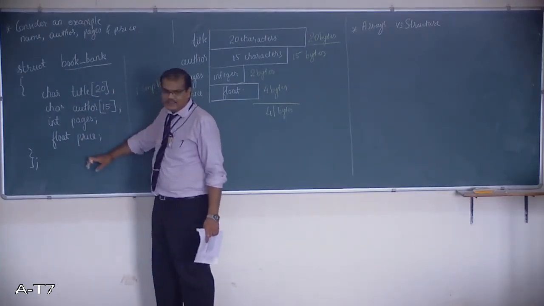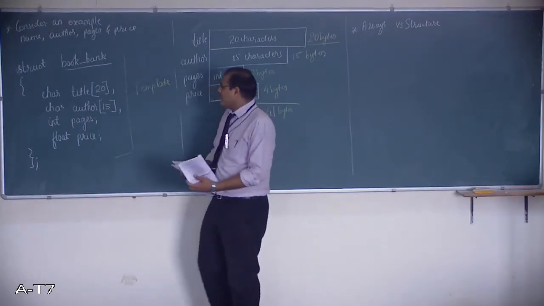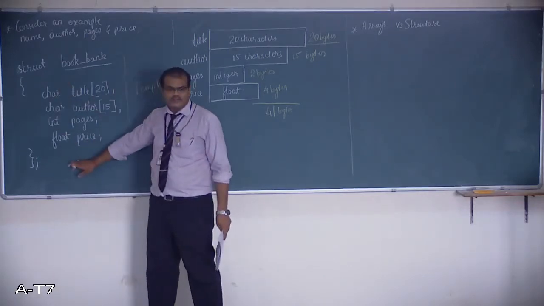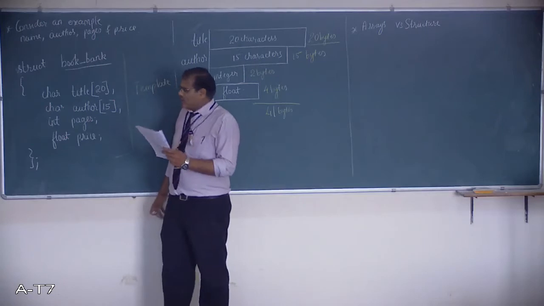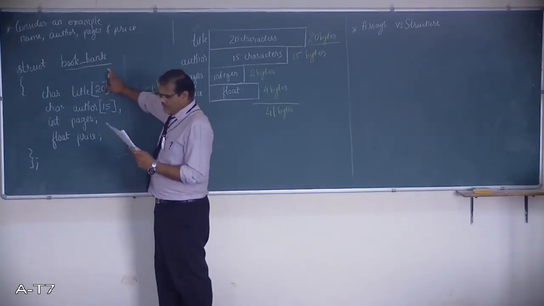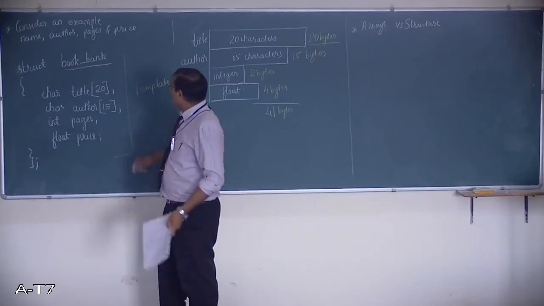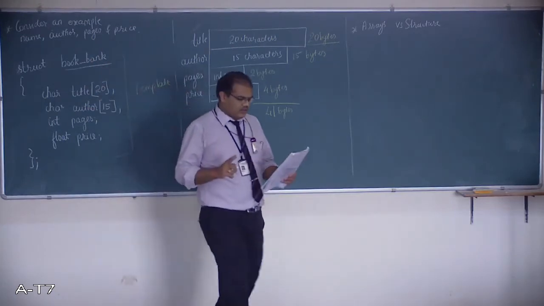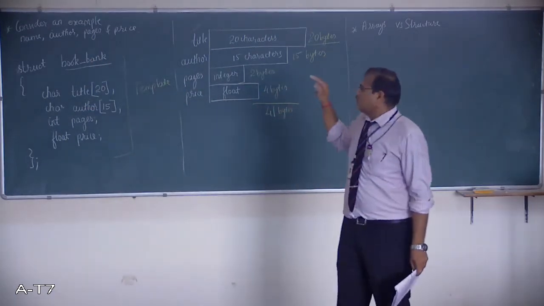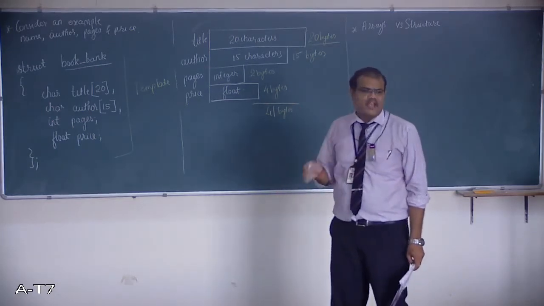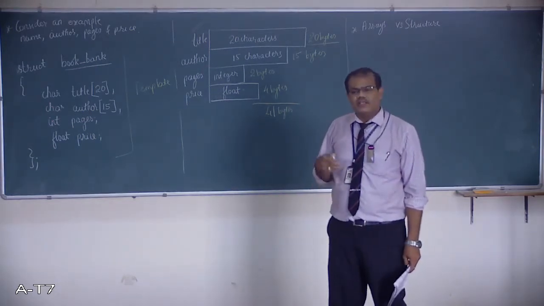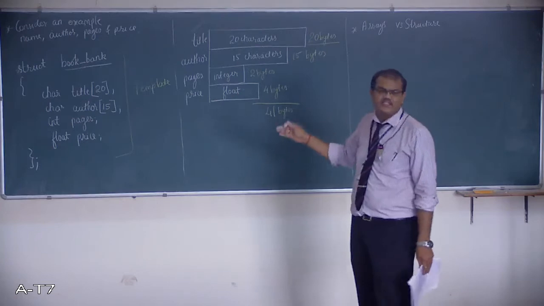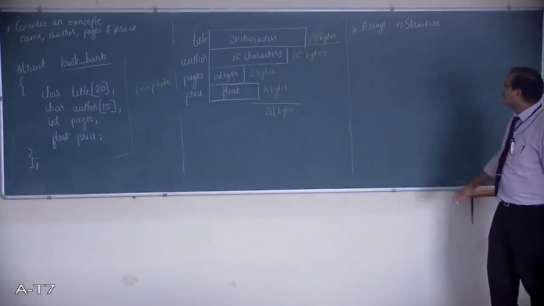Now this is a template as I said. Now there are a few other things like I have already told you, the semicolon indicates the end of the structure. Now the entire definition here is considered as a single statement. Since it is using book bank, all the 4 members can be simultaneously read or simultaneously assigned. So here this structure can also be stated as a single statement. Now we'll see some differences between array and structure.